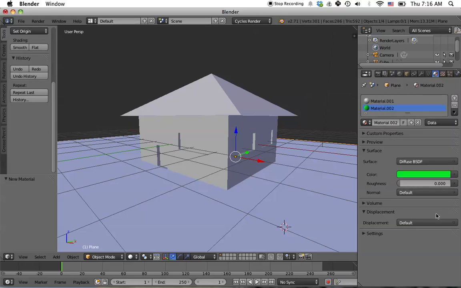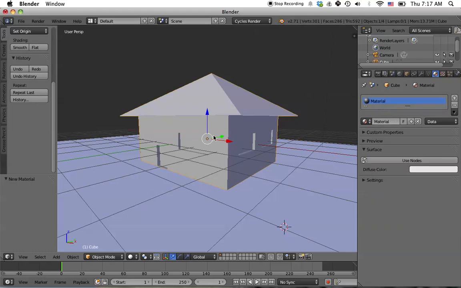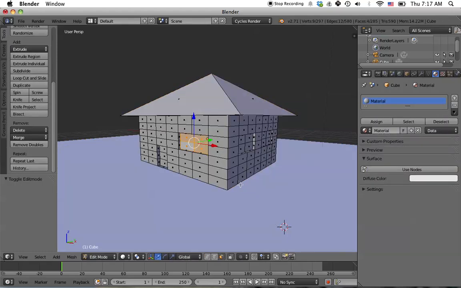This looks pretty unhealthy for what grass would be, but anyway. Okay, and then that should work just fine now. So now we're going to select our other object here, and we're going to hit Tab to go into Edit Mode again. And we're going to hit A to deselect everything, so we can start by